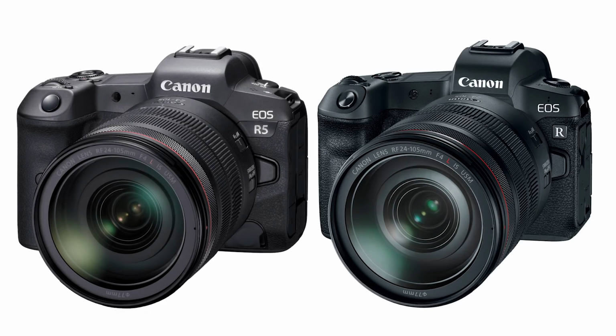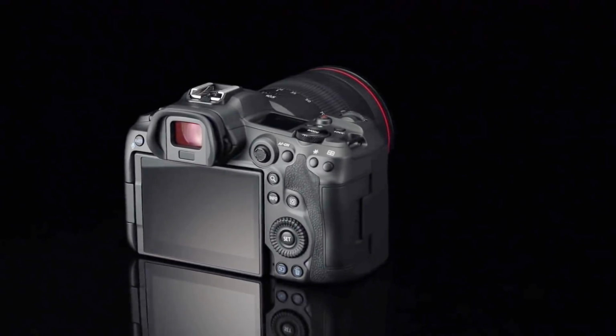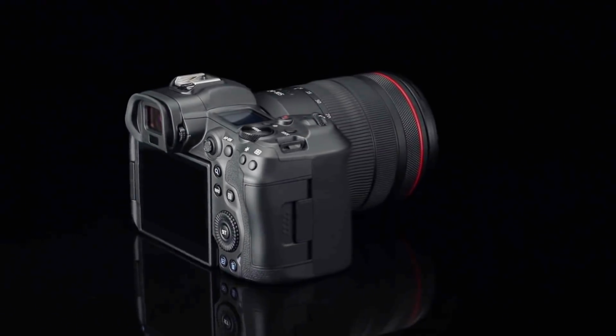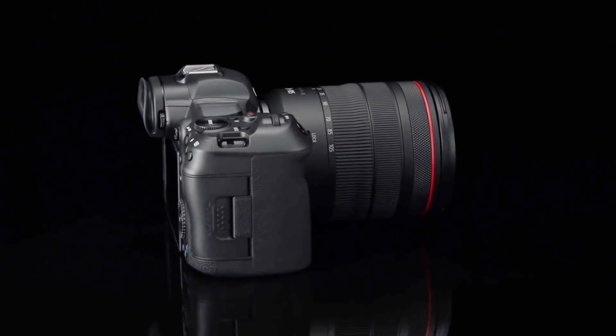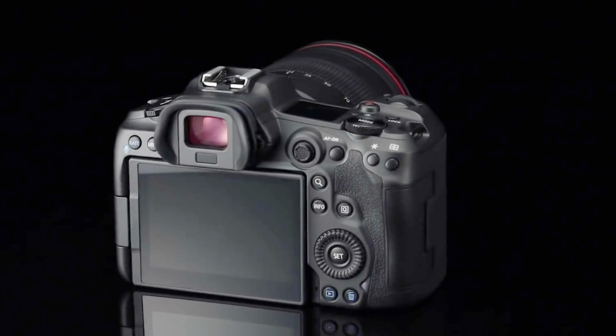Now, something that's interesting about the R5 is it does look to be a little bit wider than the R, just a touch. The eyepiece also looks to be just a little bit deeper, which is a good thing. But with the IBIS and some of these other features, we can probably come to the conclusion that it's going to weigh a little bit more than the R. There are a number of very awesome improvements, specifically the joystick. As a left-eyed dominant shooter whose nose was constantly being jammed into the monitor on the R and the RP, I found them almost unusable because I was trying to change my focusing squares right where my nose was on that back monitor. And now left-eyed and right-eyed shooters alike are going to have that ability to change focusing squares